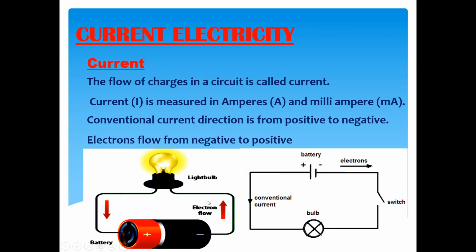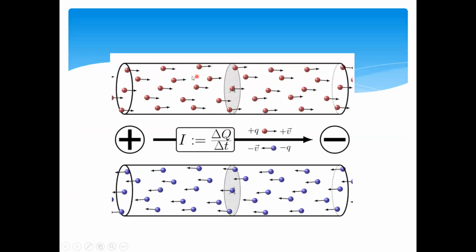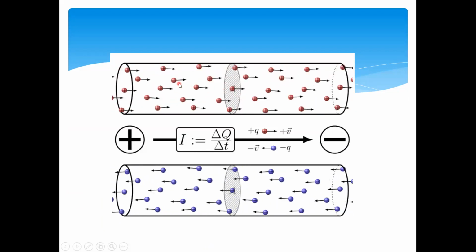time. And the direction of the current, the conventional current, is from positive to negative. As you can see here, from the positive terminal, the charges start to move and move around the circuit. Whereas electron flow is opposite to the conventional current, from negative to positive. So if we want to represent the electron flow, we will represent the movement from negative to positive. Whereas if you want to show the electric current, conventional current, or the direction of the current, it is from positive to negative.